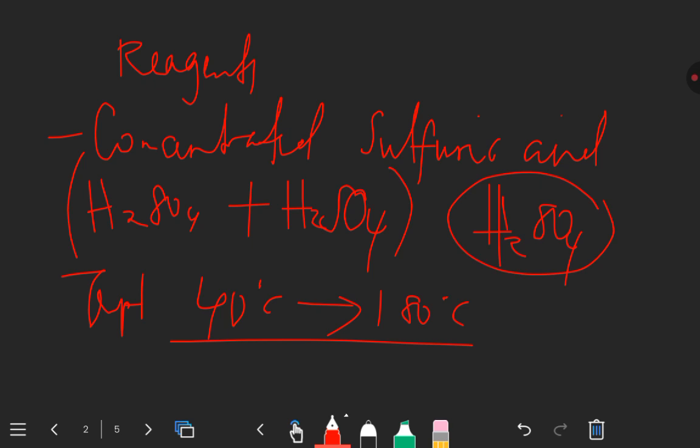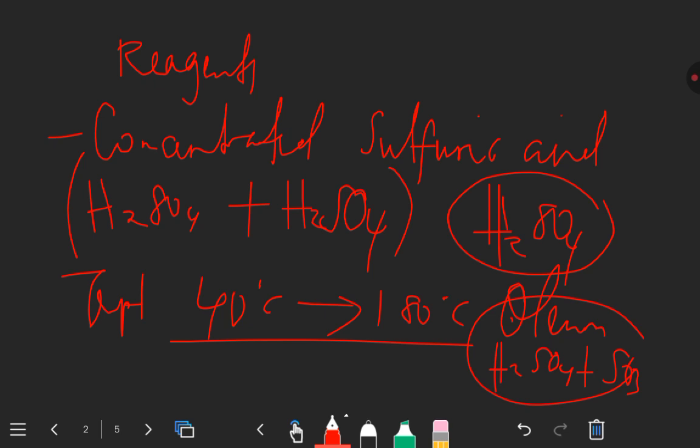Sometimes we can use a reagent which is known as oleum. So this also can be used, and we know that oleum is just when you react sulfuric acid plus this sulfur trioxide. Okay, so we can use this in order to